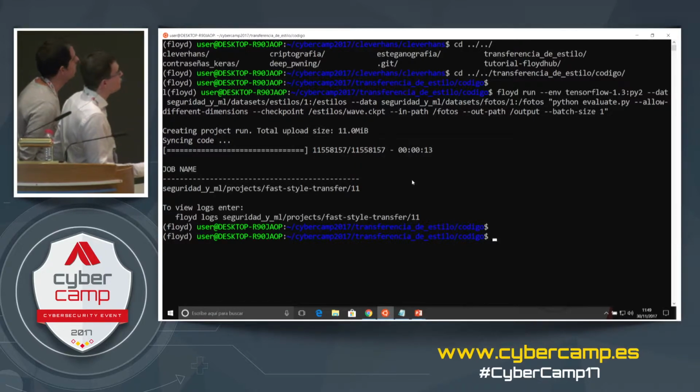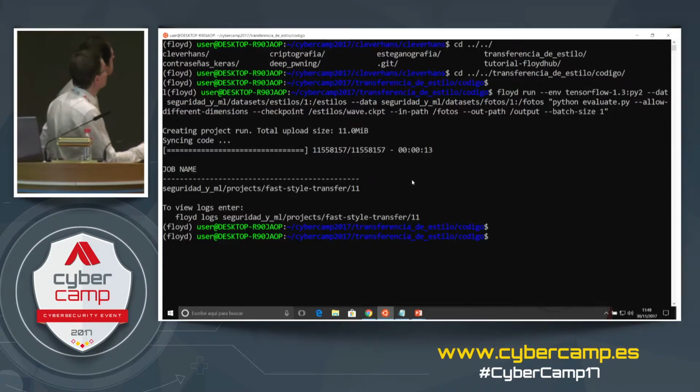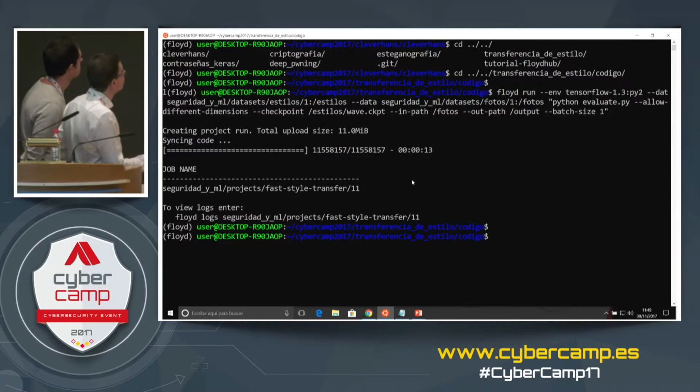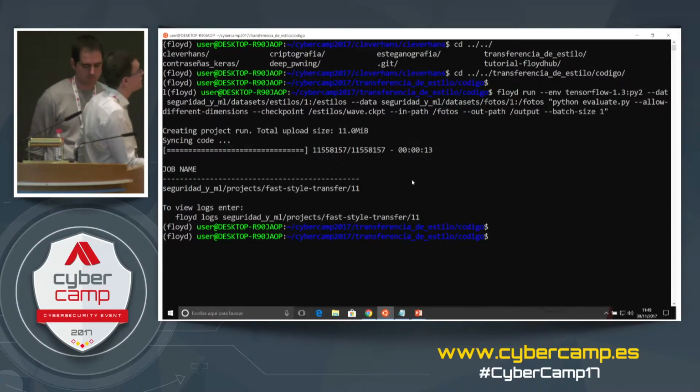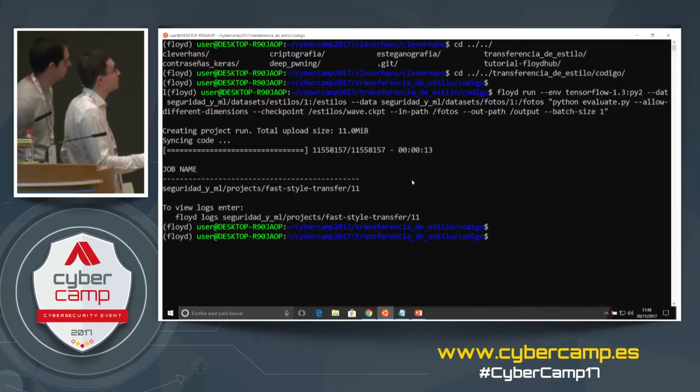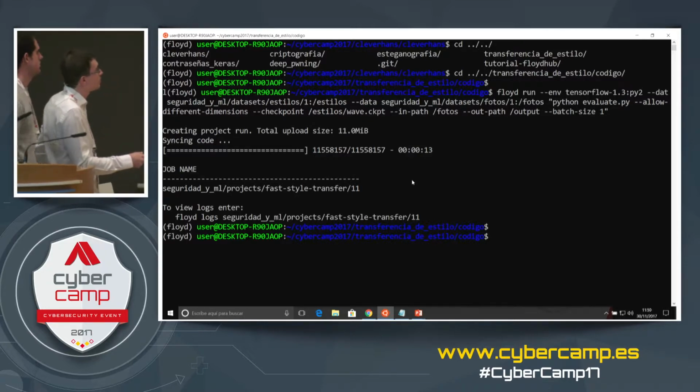And we'll apply 2 data sets, the ones I showed you before, the security and ML data sets, and the style. What's interesting in Fluid Hub is that you can see the data set. We can create various versions of our data set, and we mount it on styles. In the same way, we mount our photos in the directory called Photos or pictures. We execute this with Python